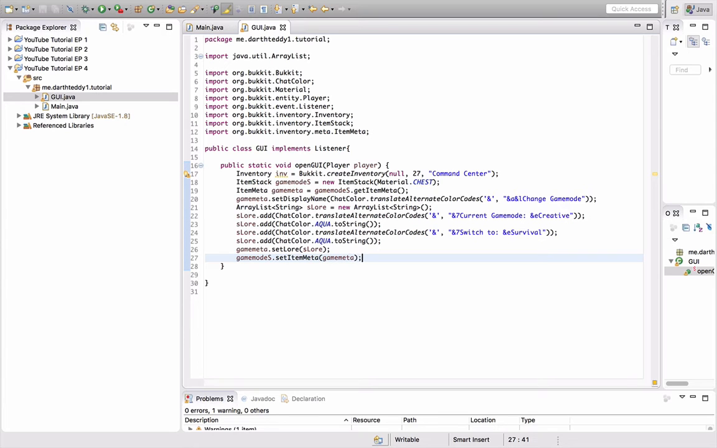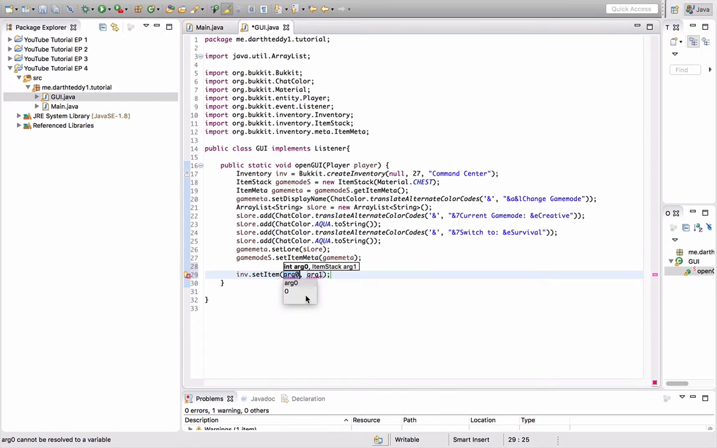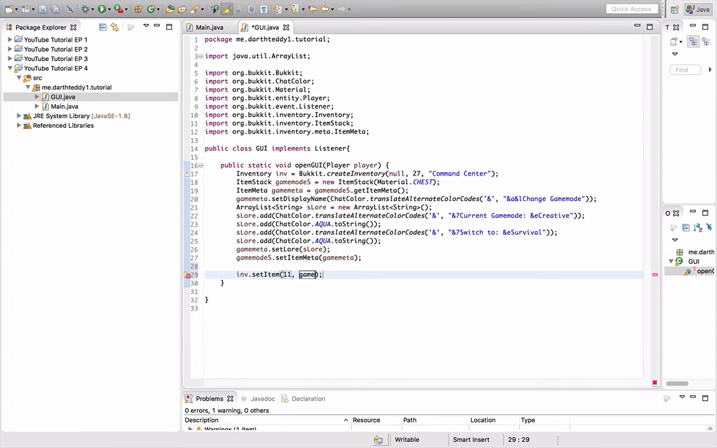How the GUI works is the first slot in the GUI is number 0, so you got to work off of that. I'm gonna do inv.setItem. I want to set this kind of in the middle-ish. So I think slot number 10 is gonna be good. Actually, no, 11, and the name of our item. So gameModeS. But we're gonna leave that for now because